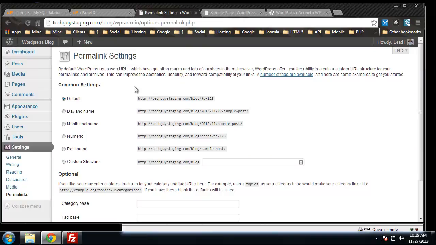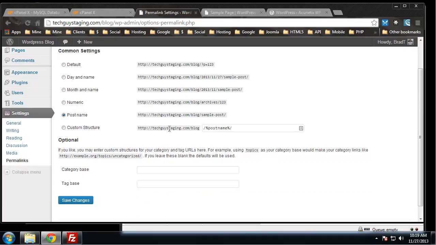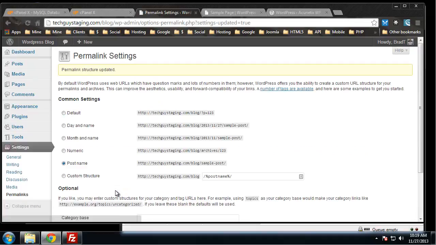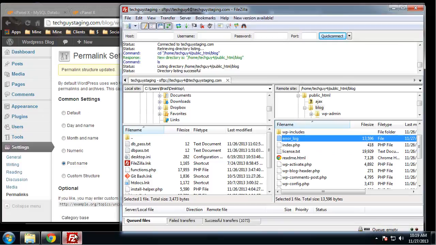So we have these permalink settings, and there's different options. You can choose to have the date in your posts if you want, for archived files, but the best way to do this is to use the post name. You can see an example here would be blog/sample-post. So basically the title of the post. So that's what we want to do here. And if we click on Save Changes, alright, now if we go to our FTP and reload,